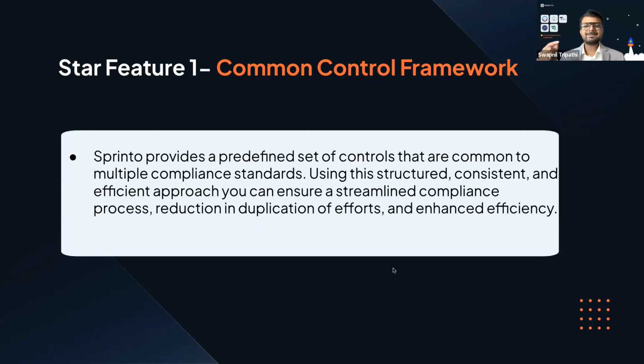And from there, we decided that, okay, these are the audit evidences required for each of the 20 plus frameworks that we support. And then we started mapping them together that, okay, fine, maybe PCI is talking about something in a different language, whereas ISO is talking about something in a different language. But in the end, both of them are actually asking for this same common evidence. Why not collect this evidence once and supply it to both these frameworks and make both of these compliant, right? That's the idea of having a common control framework.